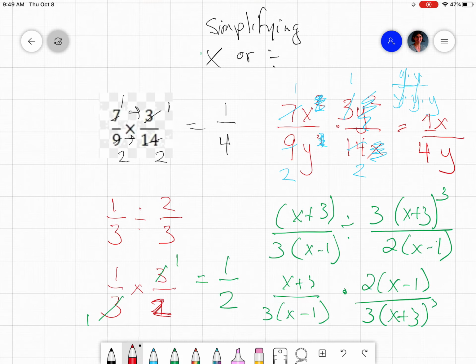Okay, and now I start going into that canceling mode. There's 1 of these up here, there's 3 down here, so now there's 2. x minus 1 divided by x minus 1 means they cancel. And now what's left? I have 2 times 1, which is just 2, and 3 times 3, which is 9. And I still have that x plus 3 squared. Okay, so we're going to try to use what you know about multiplication and division of fractions, and we're going to apply it to